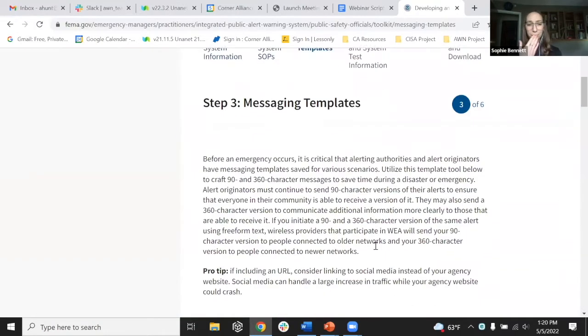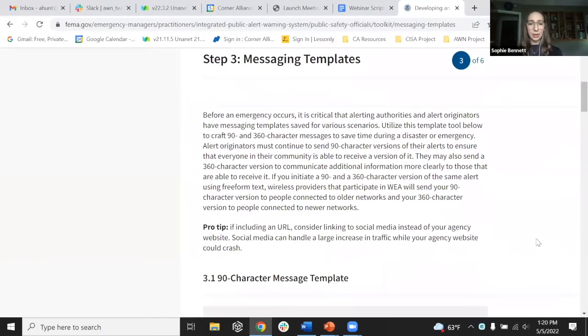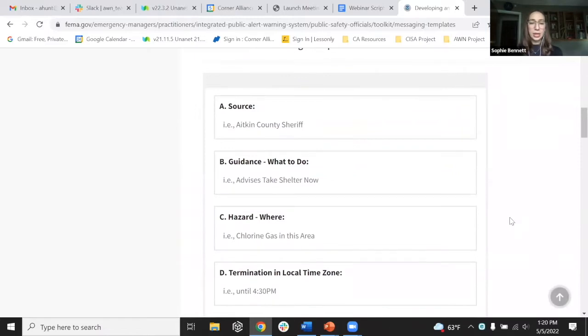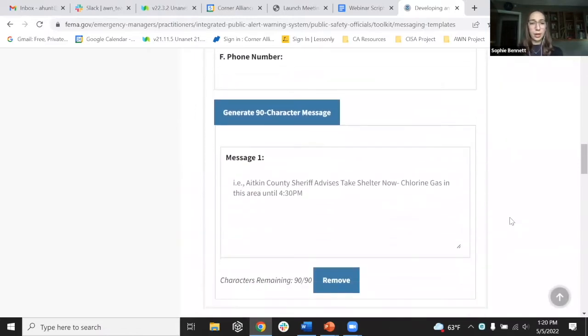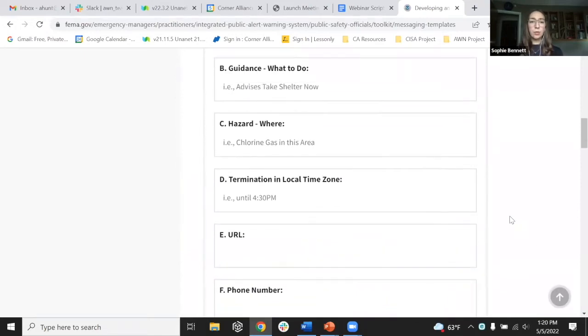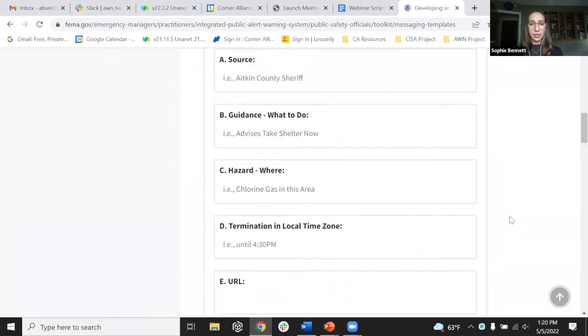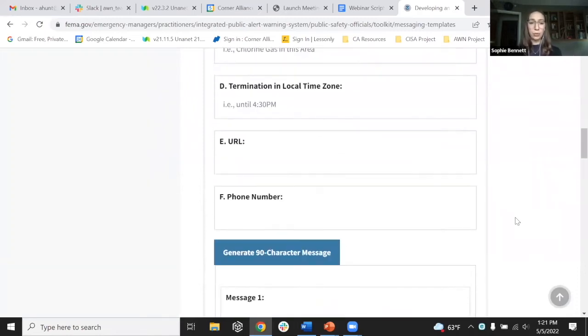All right, so then step 3 is messaging templates. So this is pulled directly from social science research of how an emergency message should be laid out. So we'll scroll a little bit so that people can see the 90-character template. It just walks you through the source, what the guidance is, where the hazard is, the termination, and then if you have a URL that points to social media. It's not recommended to use your agency website, it can't handle the traffic, but your Facebook page, your Twitter page, whatever it is that you want to point people to that has additional information about the